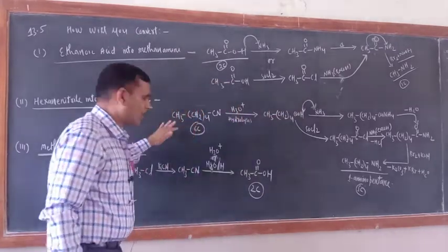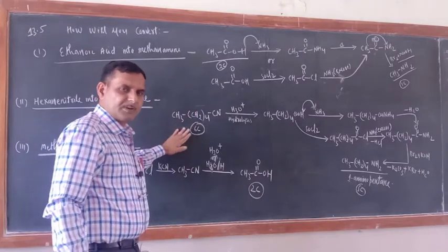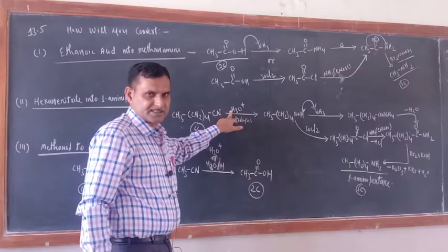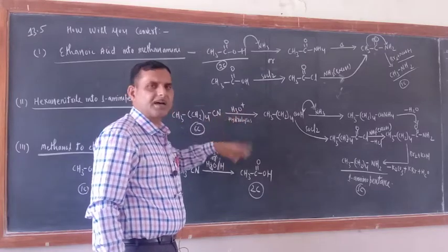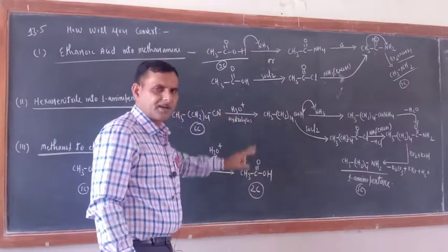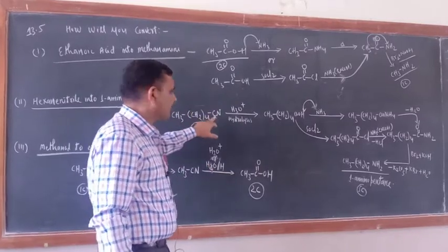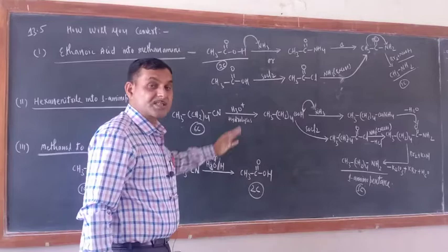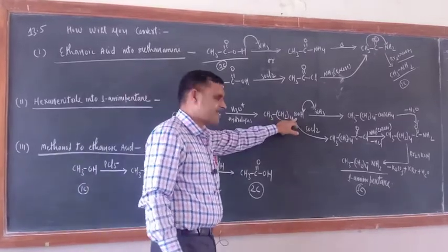Now in this way what we have to do? Just see. First cyanide should be subjected to acidic hydrolysis. Acidic hydrolysis, or you can say complete hydrolysis. Okay. Complete hydrolysis. So what is the complete hydrolysis product of CN? COOH. Okay. So COOH is created here.